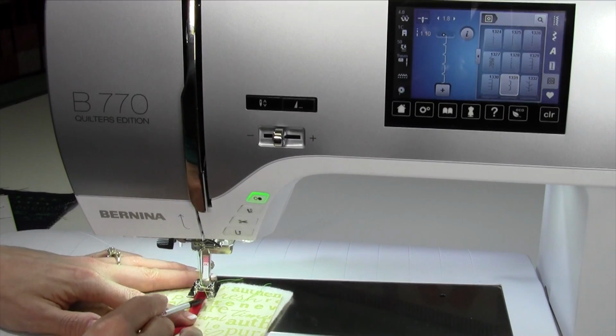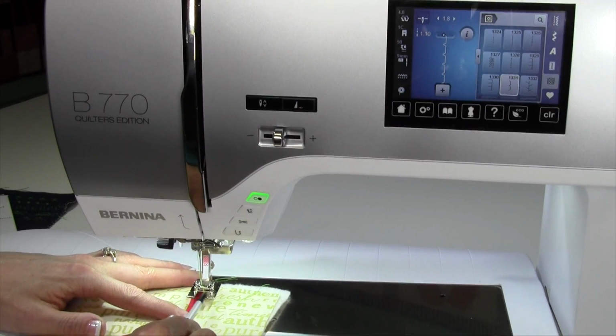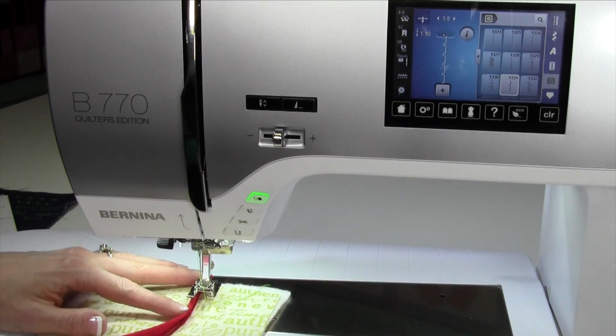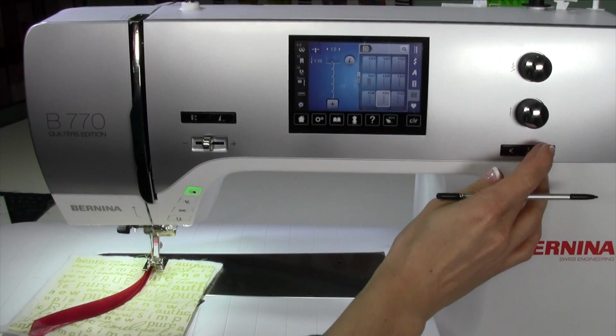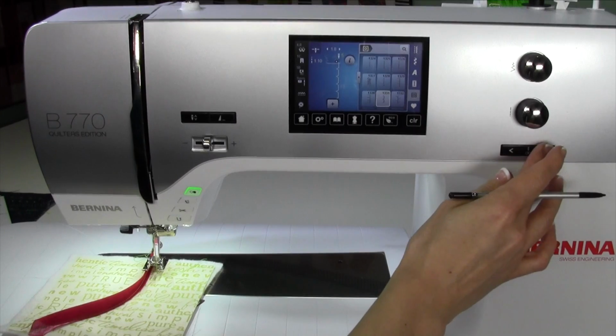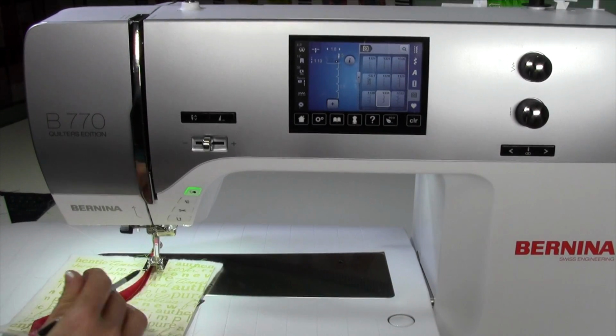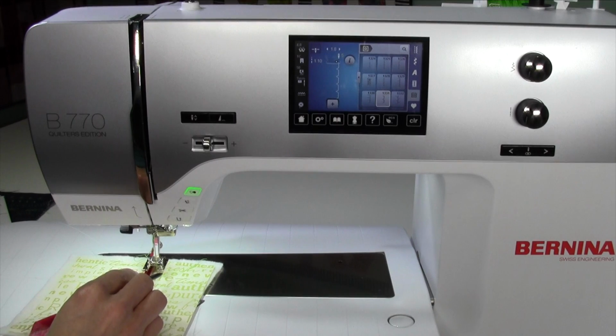Now, as I line this up, I'm going to have to be somewhere in the middle of this great big foot. You will find that if you move your needle position to the far right side, so needle position at 5, then we can actually use the inside of this toe right here as a guide. So let's zoom in and see what it looks like when you are ready to do a blind applique